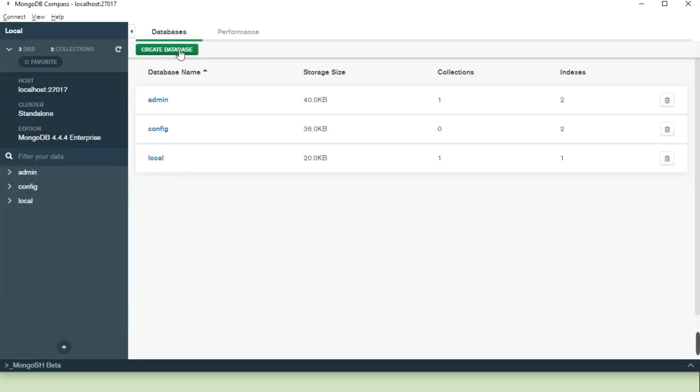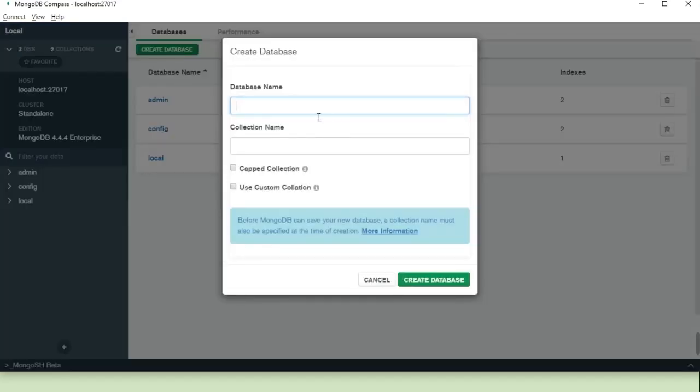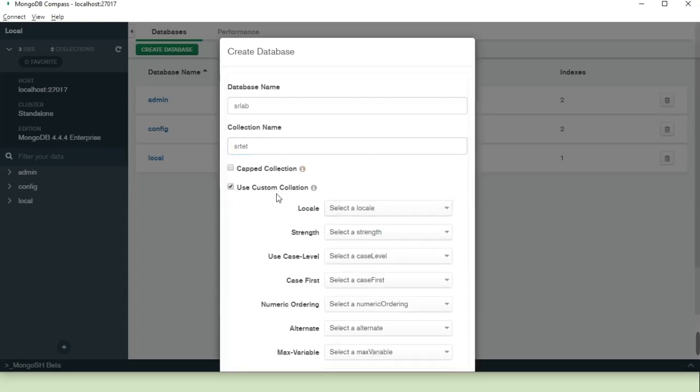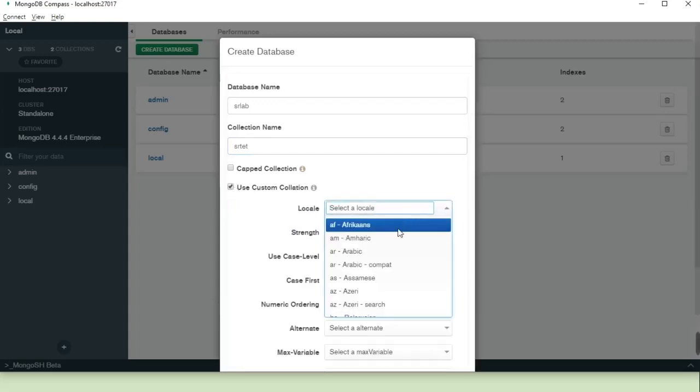Now we'll create a database. Click create database. The database name is SRLab. Under collection name, which is like a table name, I'm giving SRTest. Use custom collation, the same as we created earlier.